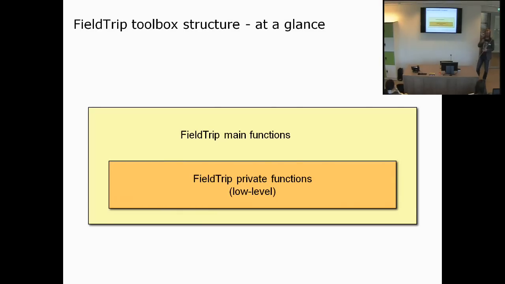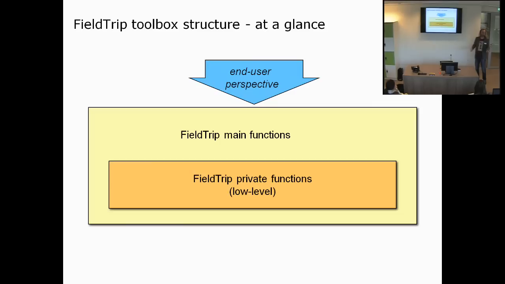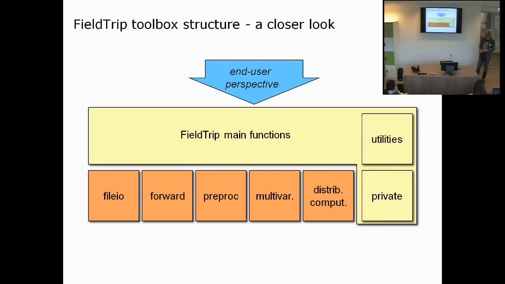I guess that a lot of you have already downloaded FieldTrip once, so have looked at it. And I want to explain a little bit more how the toolbox is organized. So if you take the end user perspective, then FieldTrip is basically a toolbox. And it has FieldTrip main functions, those are the ones that always start with ft underscore and then something else. And they always have a configuration structure as the first input argument. And then FieldTrip has a lot of private functions. But if you start digging around in the FieldTrip directory a little bit more, you will see that these private